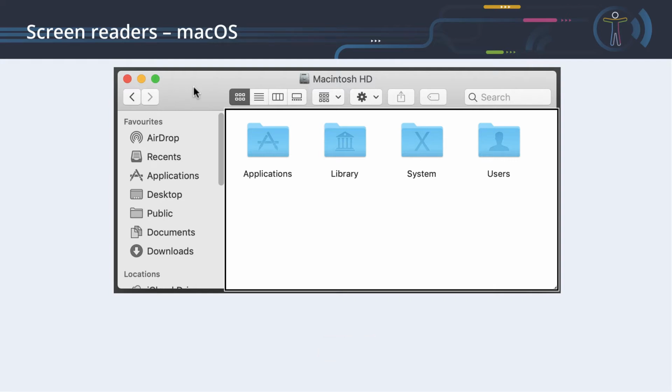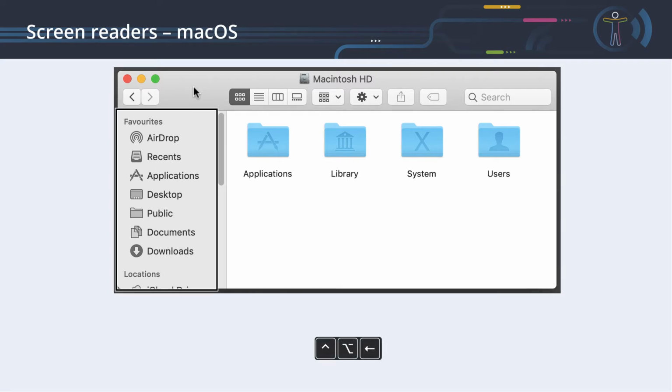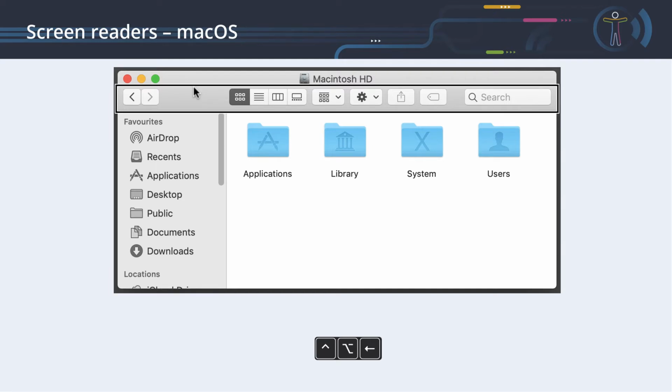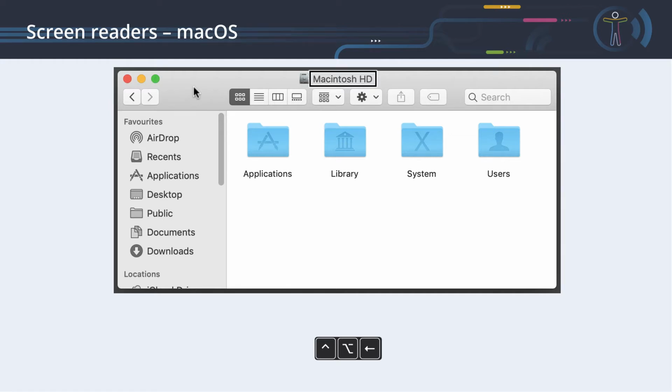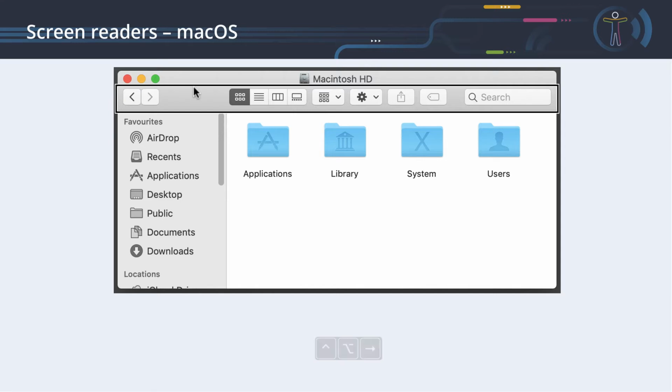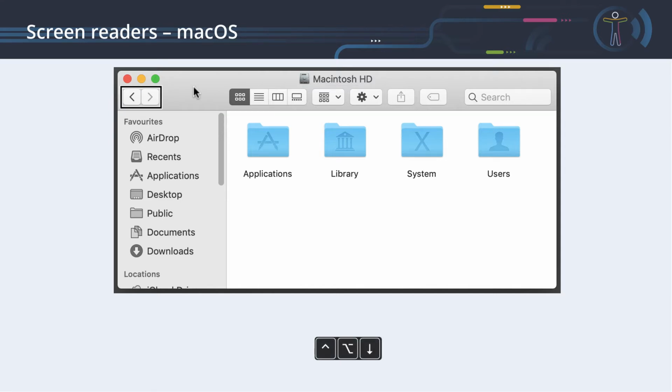VoiceOver on Finder, Macintosh HD, Window, Icon View, Collection. You are currently on a collect vertical splitter. Sidebar, Table, no selection. Toolbar. You are currently on a toolbar. Macintosh HD. Full screen, button. Minimize, button. Close, button. You close, button. Close, button. Close, button. Minimize, full Macintosh toolbar. You are currently on a toolbar. To in toolbar. 7 items, \forward, group.